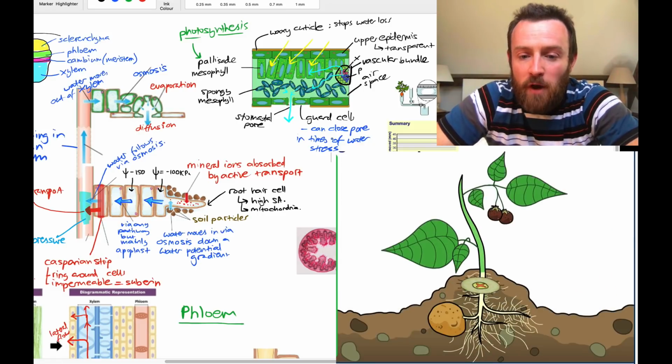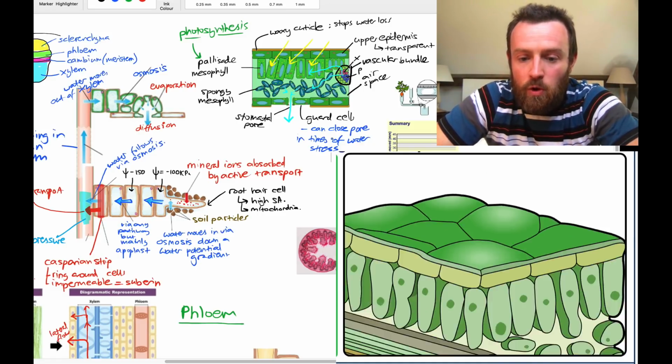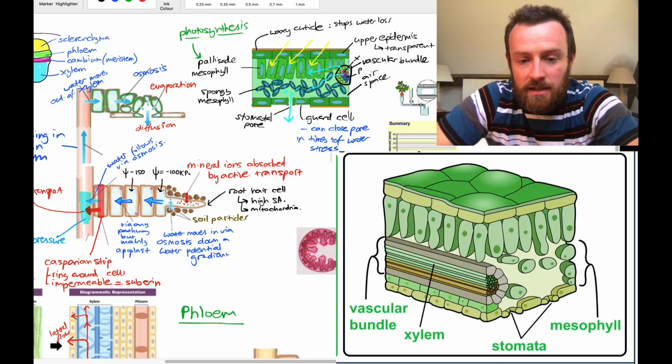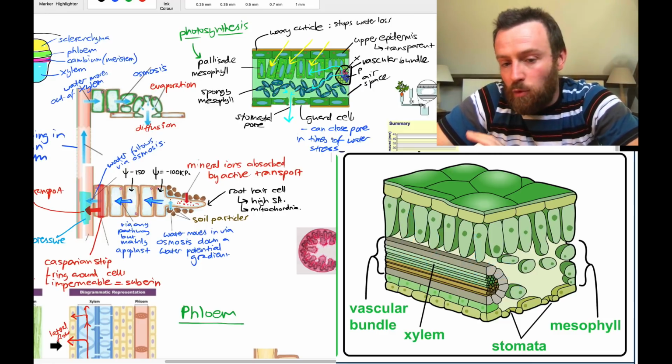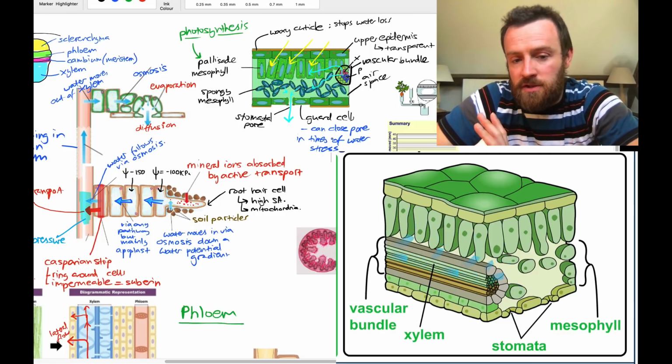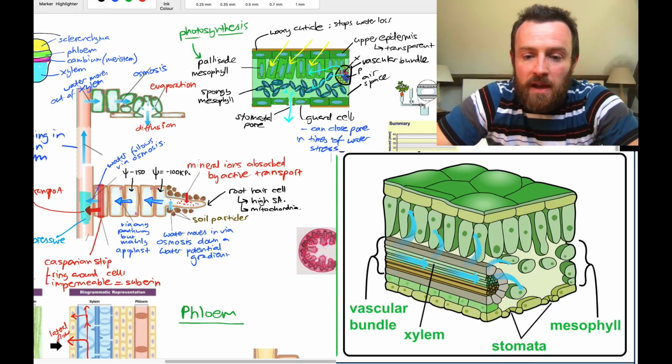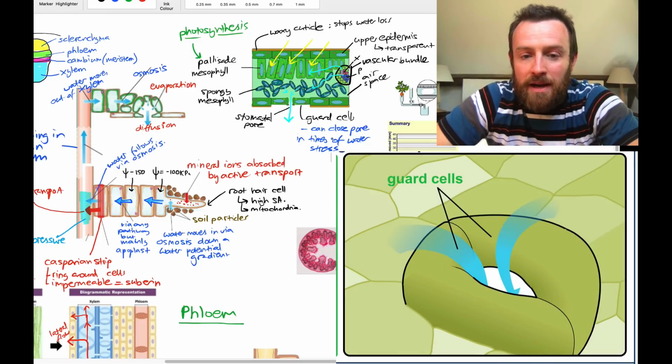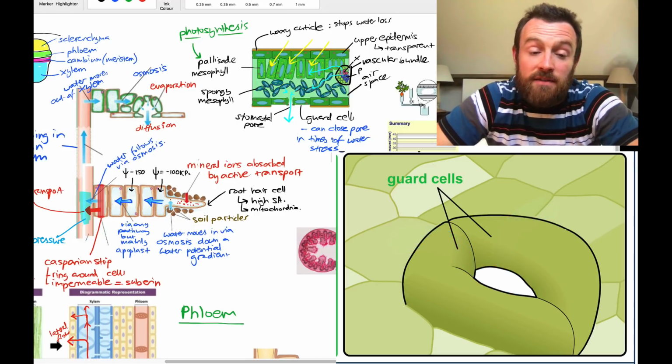So we can follow that transpiration stream all the way up the xylem and into the leaf. Now in the leaf here, the xylem loses water down a water potential gradient into the cells in the leaf. And eventually that water will evaporate into the air spaces within the leaf, and it will then leave via diffusion